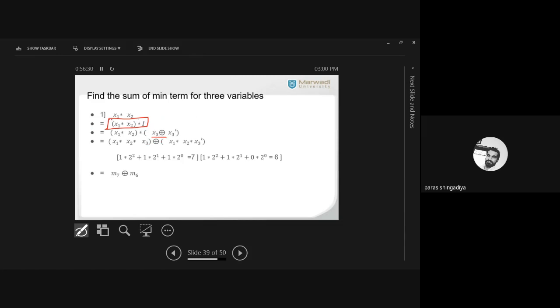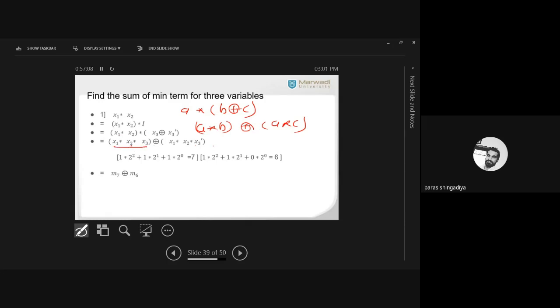ठीक है, and then after use the distributive formula. तो फर्स्ट ब्रैकेट जो है that is our a star b ring sum c. ठीक है, b means x3 and c means x3 dash. So a means first bracket, पूरा ब्रैकेट को आपको a लेना है. ठीक है, so a star b ring sum a star c. So a star b means x1 star x2 star x3 means a star b and ring sum a star c. ठीक है, so that all the variable are in form of order x1 x2 x3, there is x1 x2 x3 dash. So what is answer for first bracket?